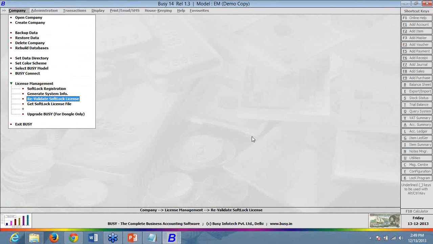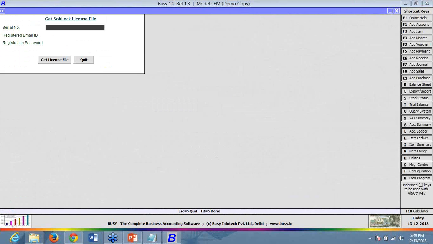Now what happens if you lose the file? The system is formatted, it's deleted from your email ID, you have not copied the file, still you can get your file back. This is the advantage. Get soft lock license file, give the serial number,